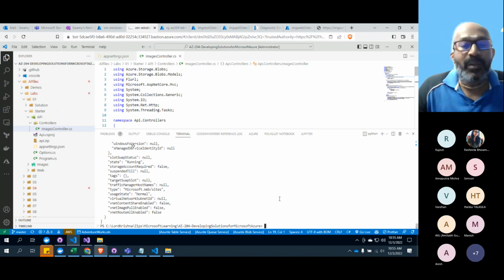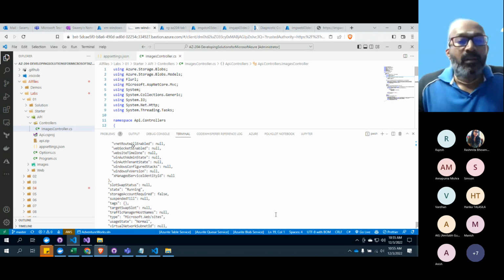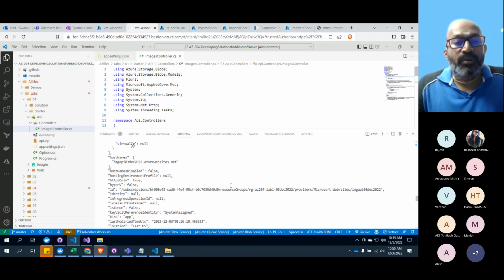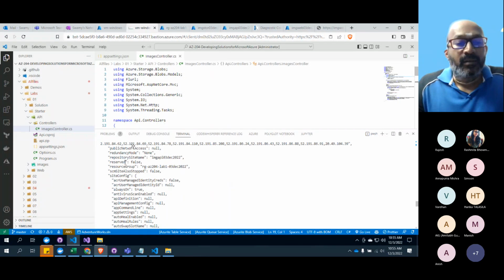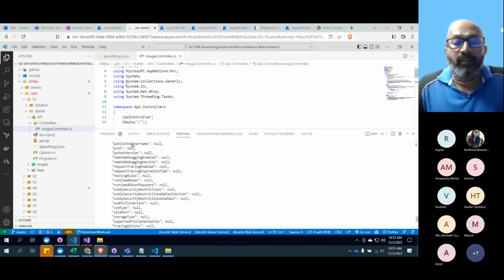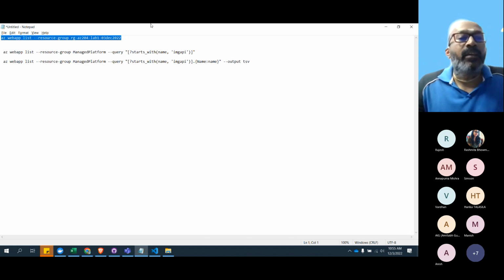Now you don't need that much time. So you see that it has shown those two web apps. So this is the API, and somewhere it will be the web app also. So technically this shows that.